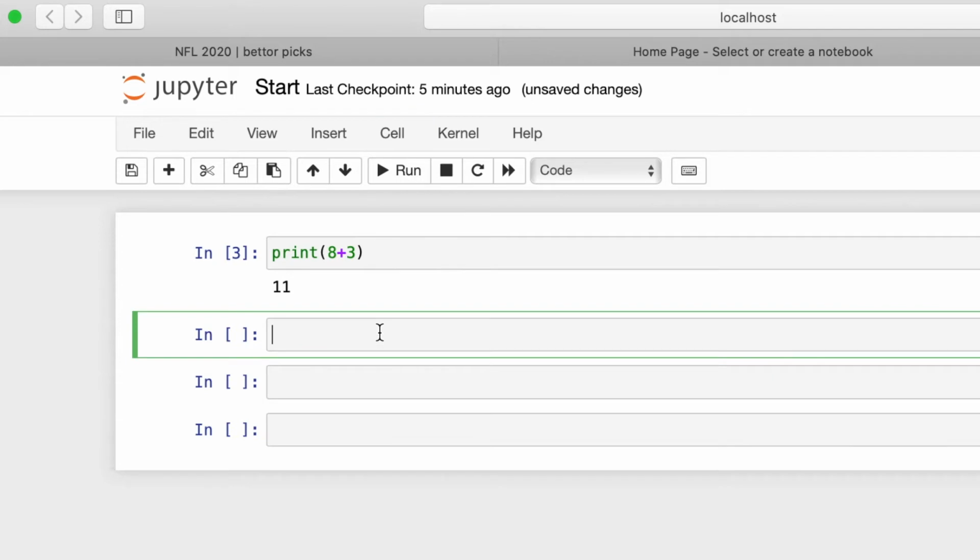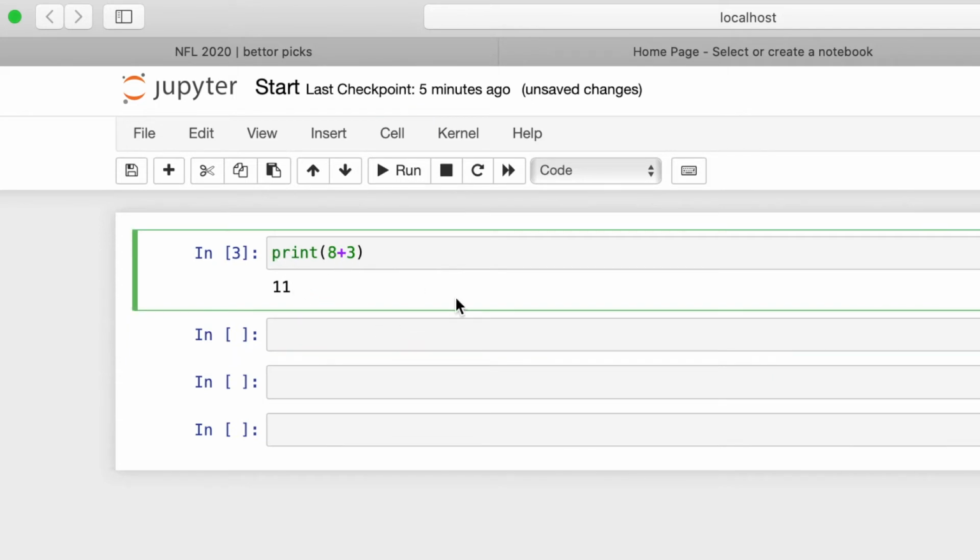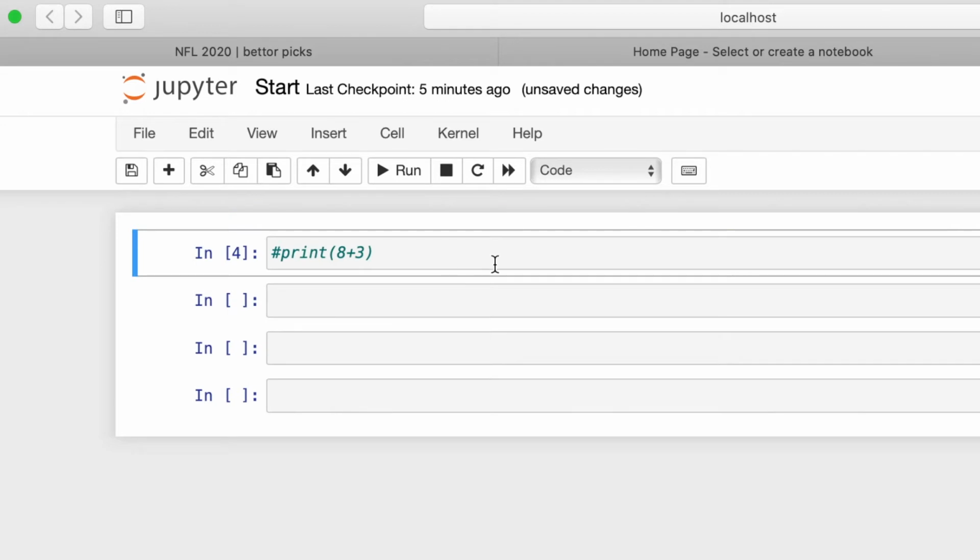So then another thing is, let me show you this. If you put a little hashtag here, it makes it a comment, so it doesn't actually do anything. And a comment is used really for when you're coding, just to make sure you know what's happening at each place. So if I wanted to make this like a real Jupyter Notebook, what I could do is